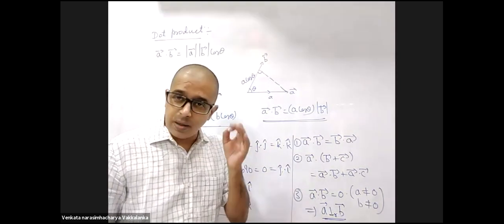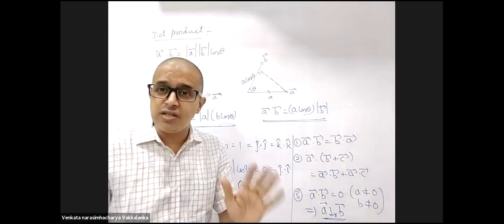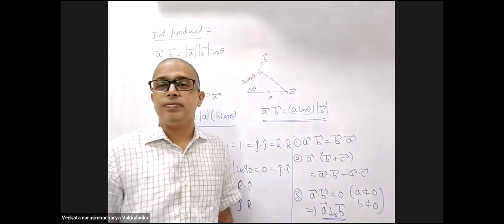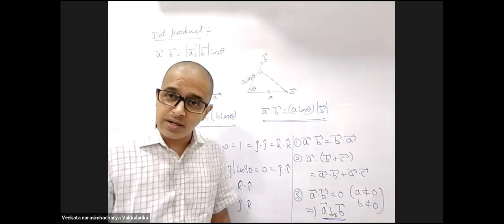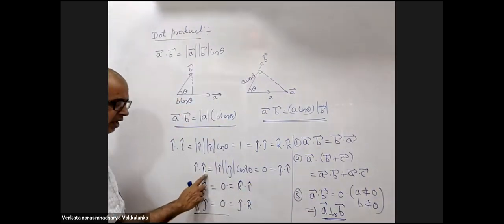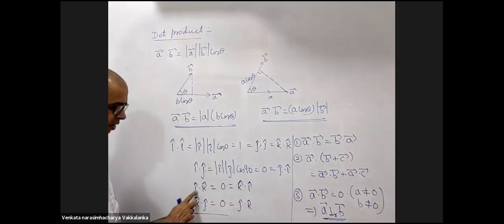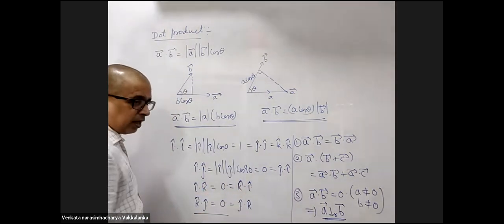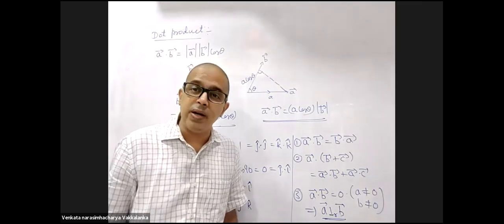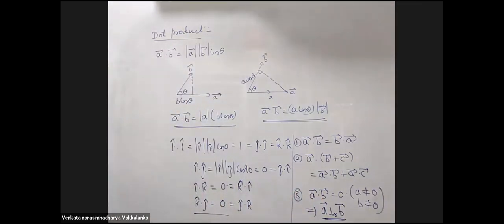If two vectors are perpendicular, the first, simplest and easiest way to prove that they are perpendicular is that the dot product is 0. If two vectors are perpendicular, the dot product will be 0. You have seen that I cap dot J cap, J cap dot K cap, or K cap dot I cap, perpendicular vectors, the dot product will be 0. Take it down till here.